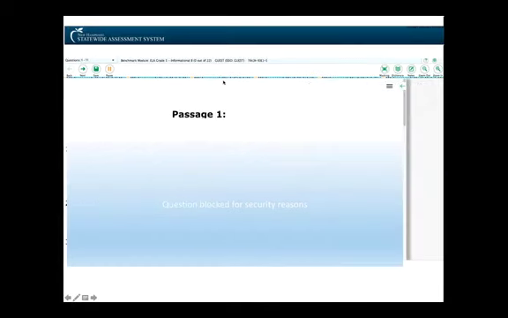They can click here and widen it so that the passage takes up most of their screen, which is very handy. They can also zoom in and zoom out with these. If they don't have a chance to log on and play around with it before the summative test, they won't know these things. So as a teacher, you need to figure out how to use it yourself and then show them how to use it.